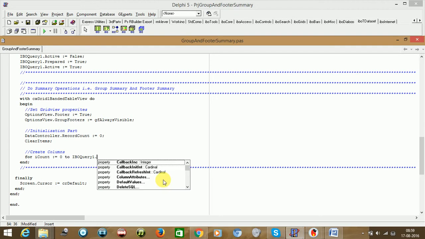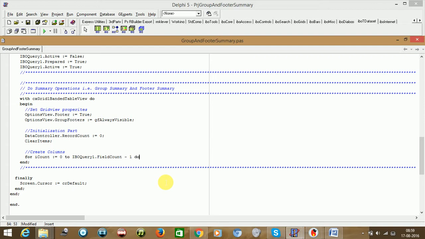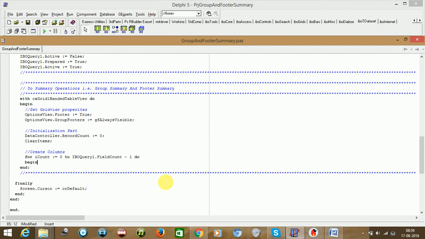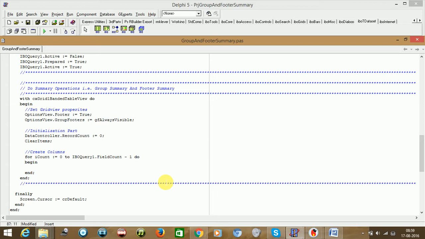Dot field count minus 1, because it's starting with 0. So here we need to say create columns.